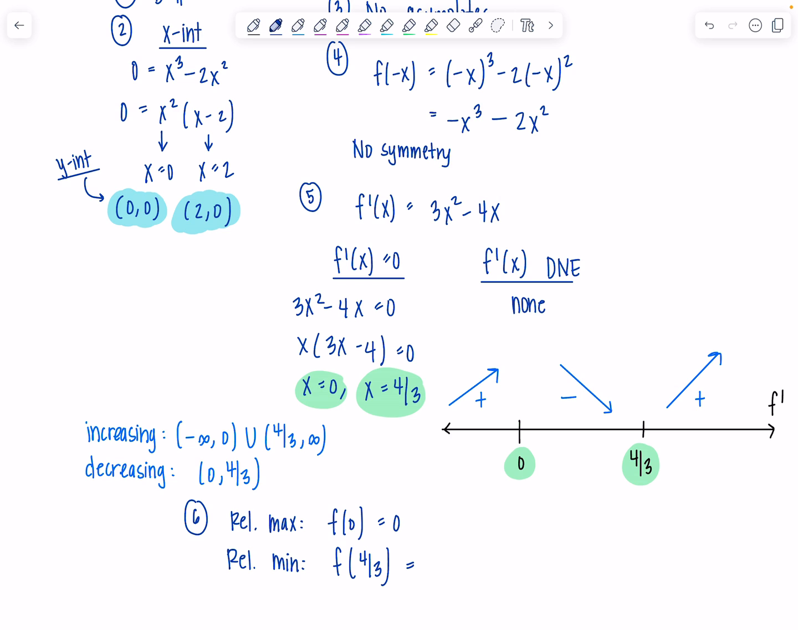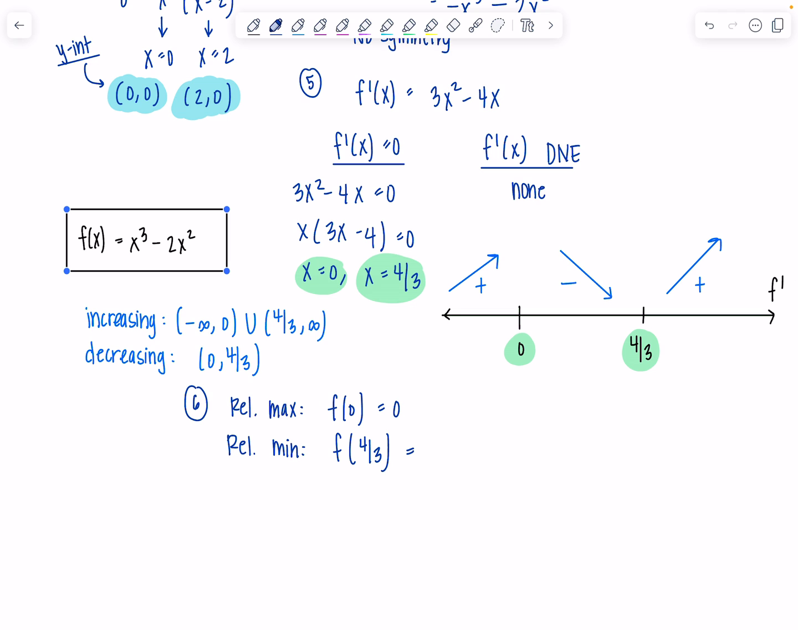This is going to be a little more tricky to find. Remember, when you're getting the y values for your extrema, your inflection points, whatever, you always plug them into the original function because you want to know where they are on the actual graph. Okay, so that's why I'm going to plug in 4/3. So this is 4/3 cubed minus 2 times 4/3 squared. So this is 64 over 27 minus 2 times 16, that's 32 over 9. And this comes out to about negative